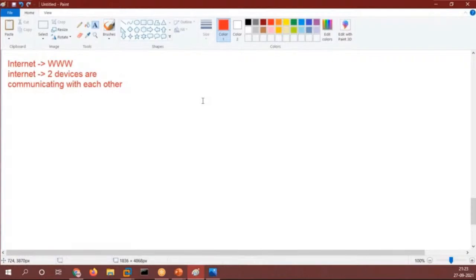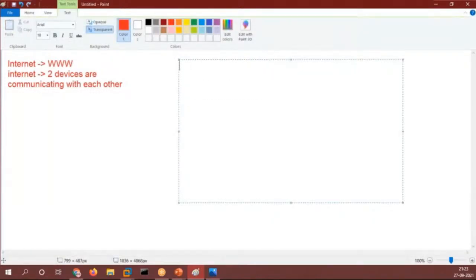Now, when we add domain names with wide area network, that becomes your GAN.